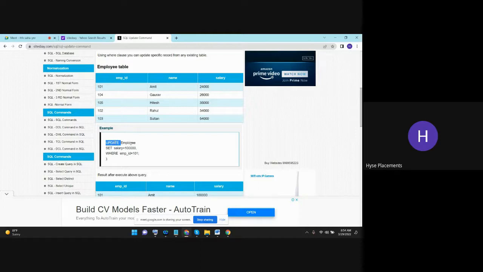Update table name. What is the table name? Employee set salary. Set salary equal to how much you are going to set? 1 lakh or 10 lakhs? Here 1 lakh. Am I clear? It's 1 lakh. So update employee set salary equal to 1 lakh, comma, where,